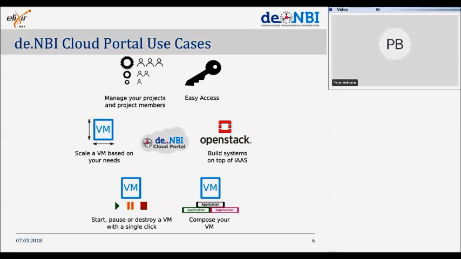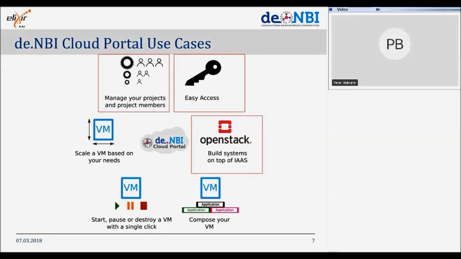So in order to allow an easy access to these resources and technologies, we are working on a portal which acts as a central access point to the deNBI Cloud for our users. And in the context of Elixir AI, I will focus on this. So in the context of this presentation, I will focus on 3 main features, namely the management of projects and project members, and the access to the portal and OpenStack. So OpenStack is this infrastructure as a service system that is used throughout in deNBI.